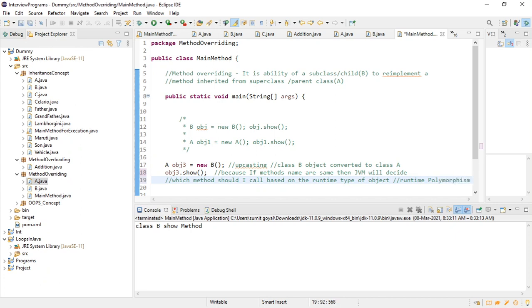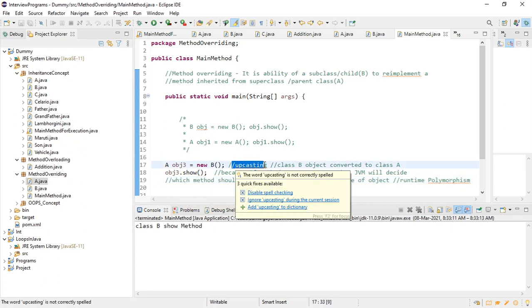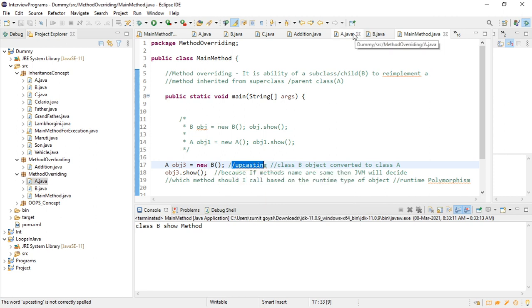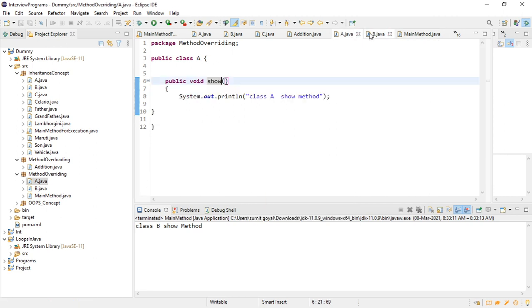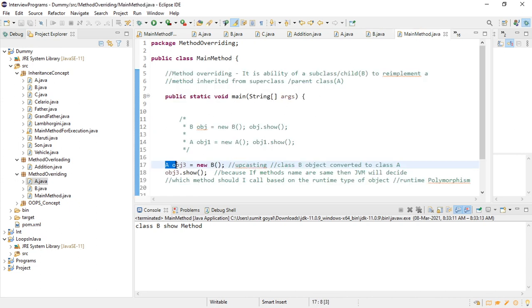If the method names are same, we already saw that it works as expected. But if the method names are different, it does upcasting, that is okay, and also calls the method of class A. But if the method names are same, here in A and B the method names are same, and I am declaring it in this way, now that particular method will be called.